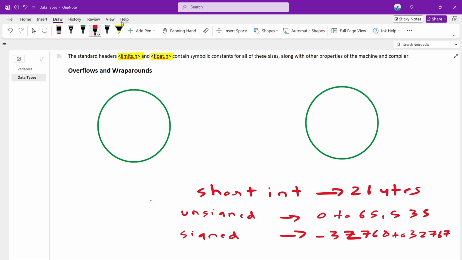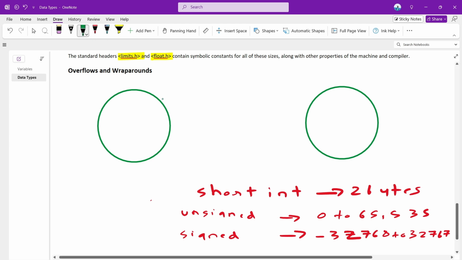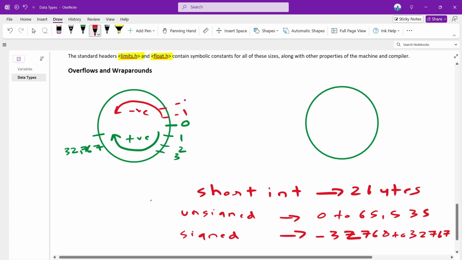Okay, so let's take an example. Let's plot this on a circle. Okay, let's say this is 0. If we go clockwise, this will give me the range of all positive values, that is 1, 2, 3, and up to the maximum range, which is 32,767. And similarly, if we go anti-clockwise, we'll plot the negative values, that is minus 1, minus 2, minus 3. Now you will understand in some time what I am actually doing here, and the maximum negative value, that is